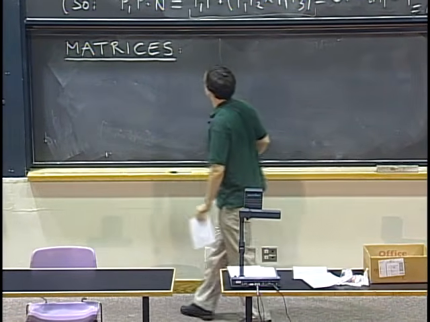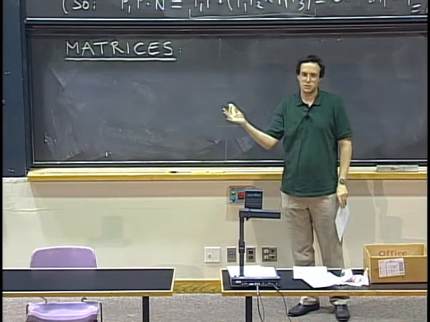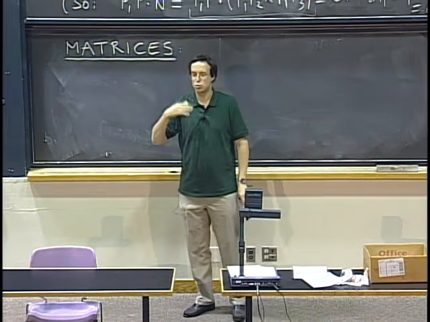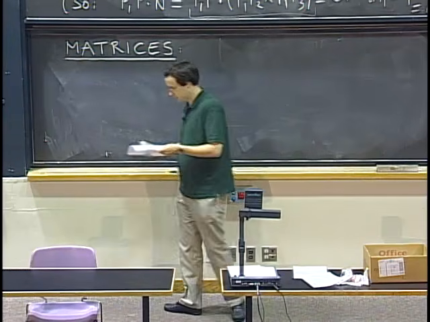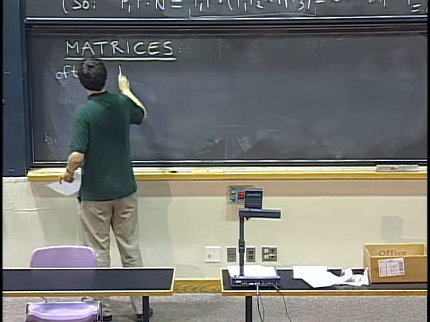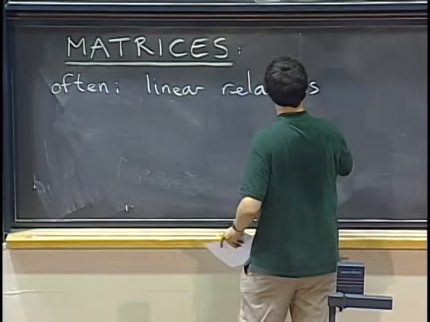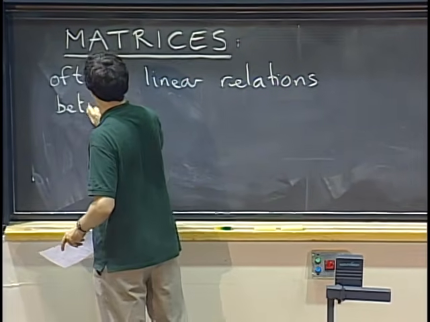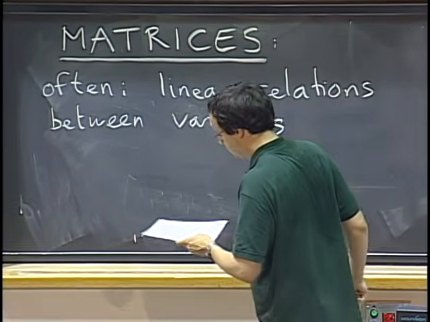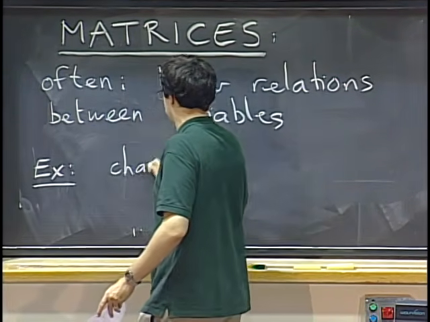Okay, so what's going to be our motivation for matrices? Well, in life, a lot of things are related by linear formulas. And even if they are not, maybe sometimes you can approximate them by linear formulas. So often we have linear relations between variables. And for example, well, if we do a change of coordinate systems,